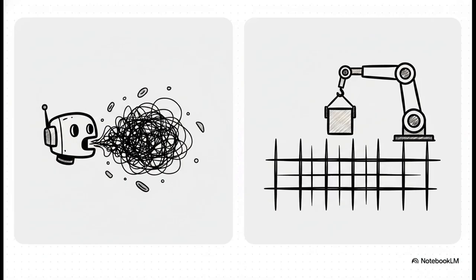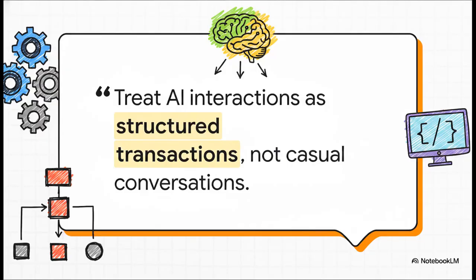Right now, most of us are having casual conversations with our AI. Standard prompting relies on this super fragile chat history, and as the context window fills up, the AI just straight up forgets your constraints. Instead, we need structured transactions. This means enforcing a rigid file-based state and making atomic commits. It forces the AI to treat software engineering as a disciplined transaction, transforming it from a flaky chatbot into a reliable enterprise-grade engineering partner. If you take away just one thing from this explainer, let it be this core immutable philosophy of the ACE framework.